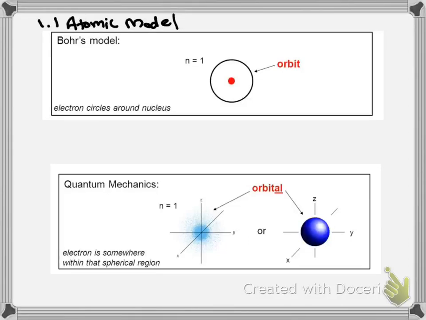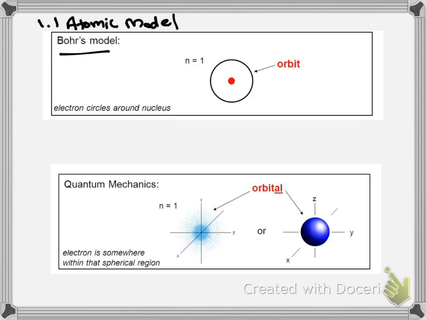All right, so lesson 1 is about the atomic model. This is section 1.1. Now, we began our lesson with discussing what's the difference between the Bohr model and the quantum mechanical model. Now, the Bohr model started off by saying that in an atom you have a nucleus,